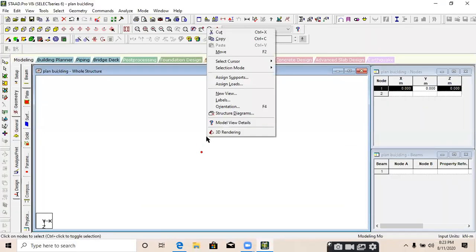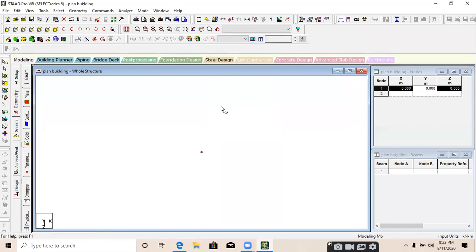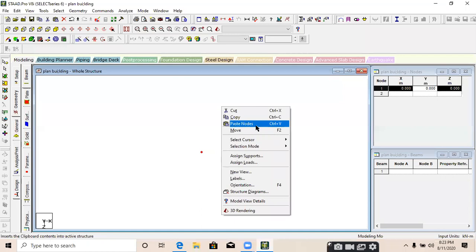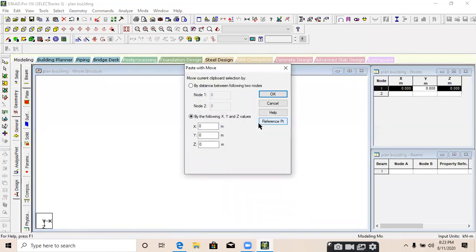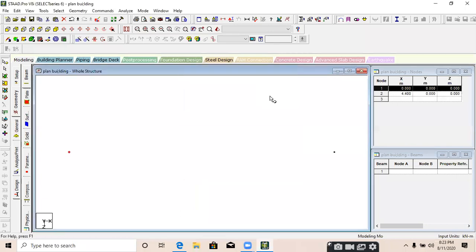So we just copy this node, just right click on the screen, go to copy, again right click on the screen and go to paste node. You can use Control C and Control V from your keyboard also to copy the node and paste the node. Control C for copy and Control V for paste. In X direction, we need to provide a distance of 4.4 meter and click on OK.